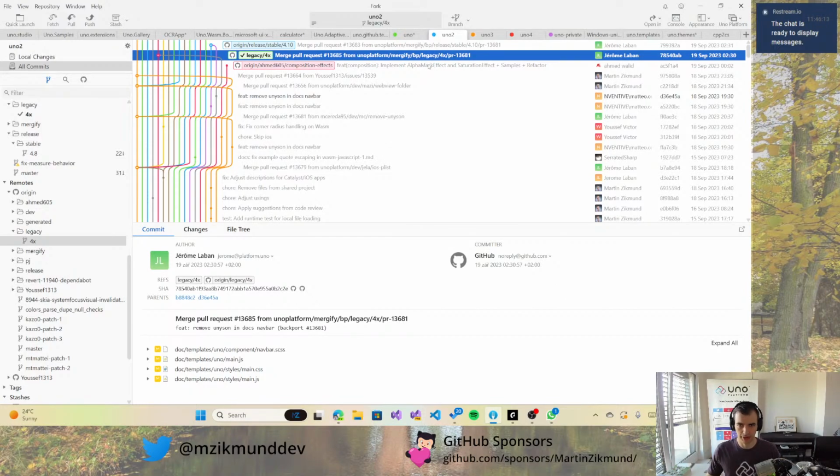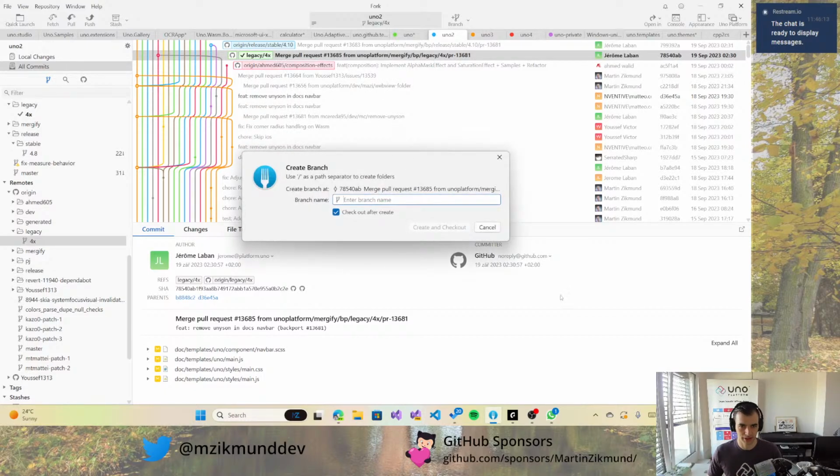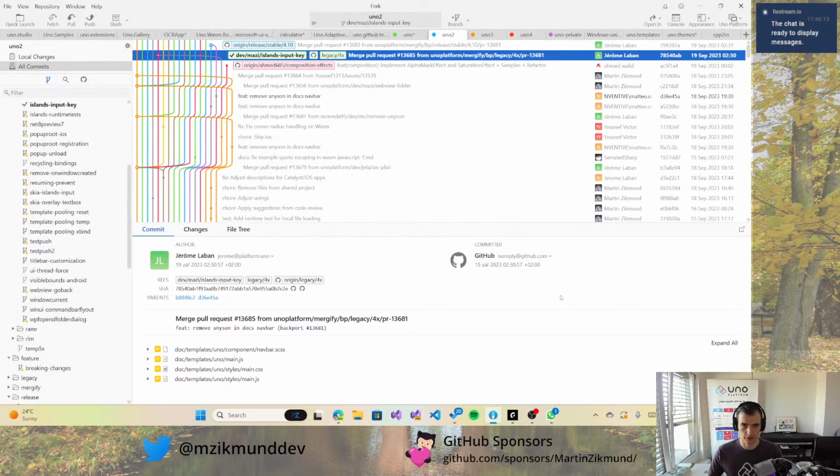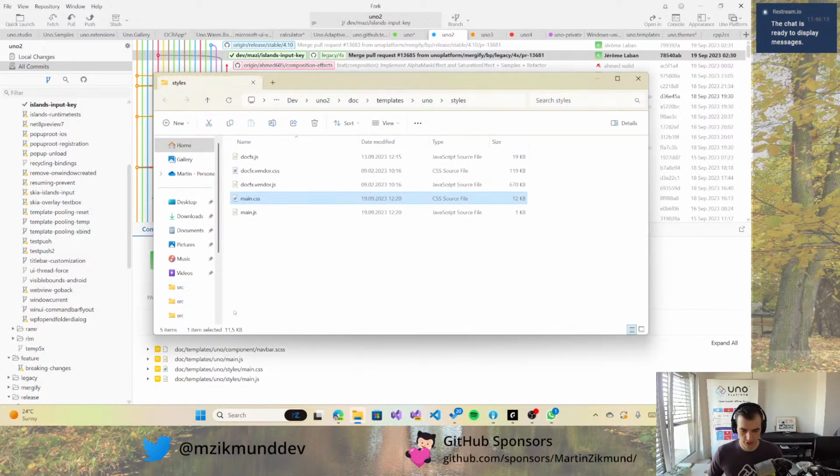So we now have a separate branch for those legacy releases, where we can still do bug fixes quite easily. So I will create a local branch for this specific purpose, and